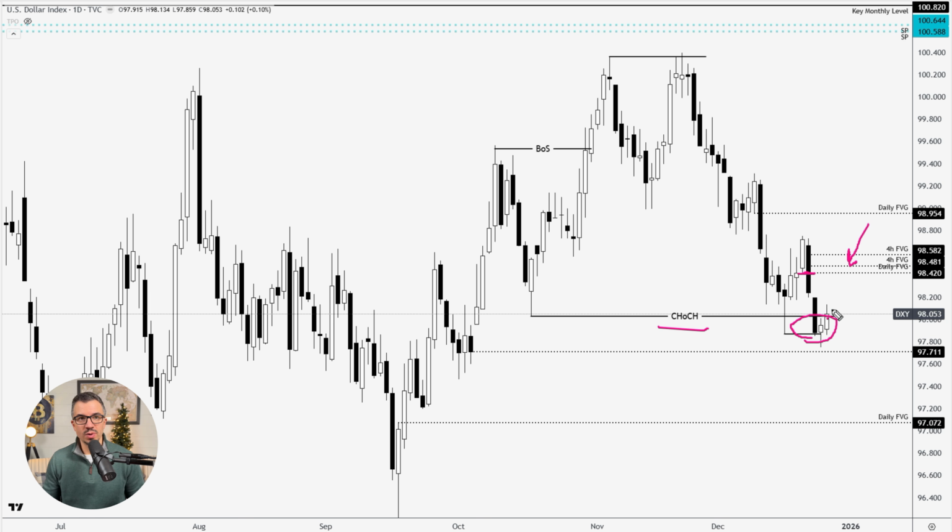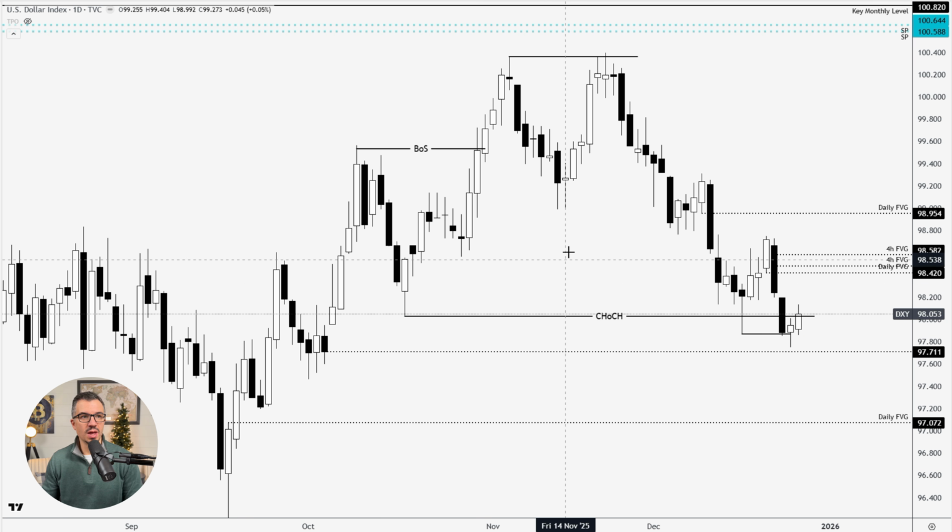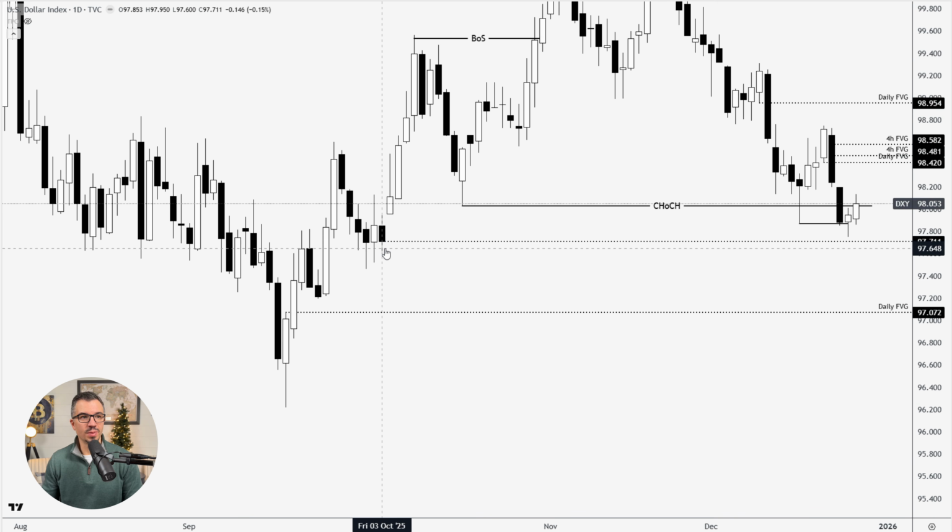So possibly some relief here from the DXY up into this region to rebalance that area. And then from there, we could get a move down here to fully close this gap right back here. Okay, so back here in early October, you can see we had the close here and then the market gapped up. Now we came close to fully closing that gap last week, but not quite. So this area down here could become a potential target. And then we also have a daily FVG back here as well